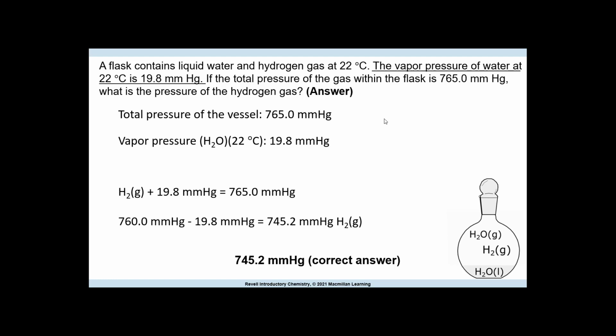So at 22 degrees Celsius, the vapor pressure of water is 19.8 millimeters. So that's the number we're going to subtract to determine the actual partial pressure of the gas. So in this case, here's our vapor pressure, here's our total pressure. So if you do this as